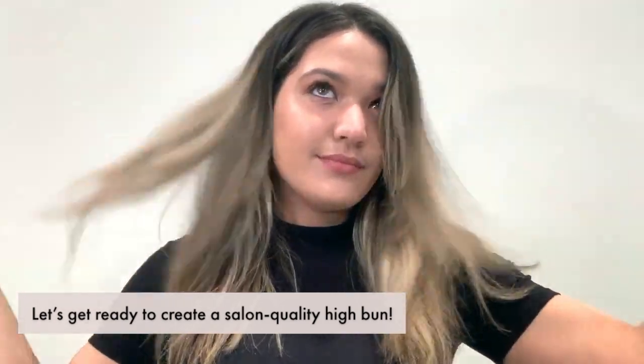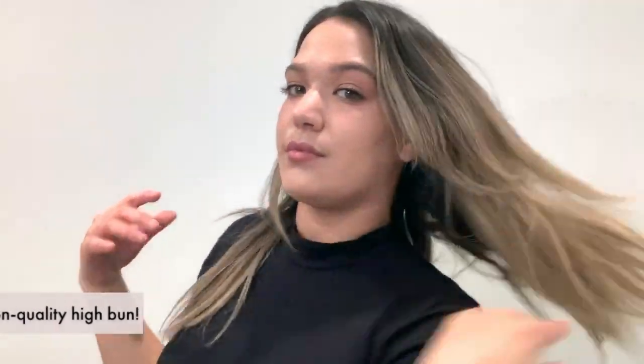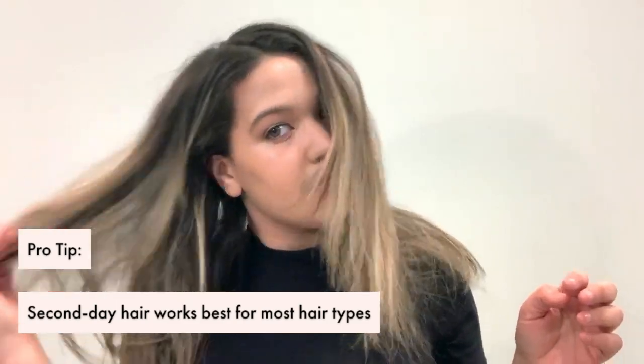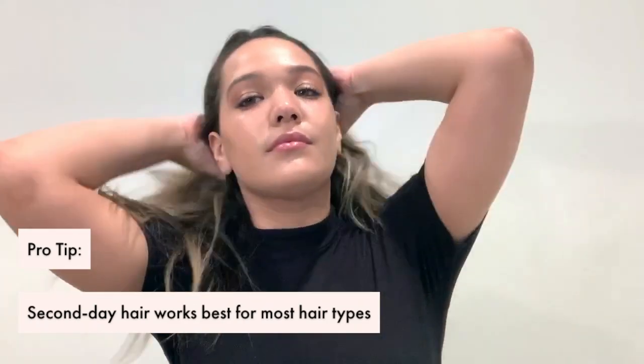I am a hairstylist at Philadelphia Hair Design, and I'm here to show you how to do a high bun. So we're starting off with day 2 hair. My hair is just crazy. It's not really doing what I want it to do. So I just want to put it in a high bun and get it out of my face, but make it